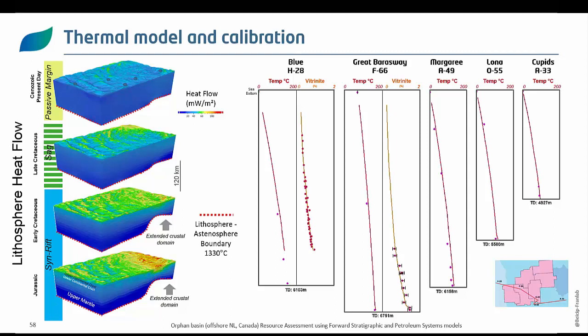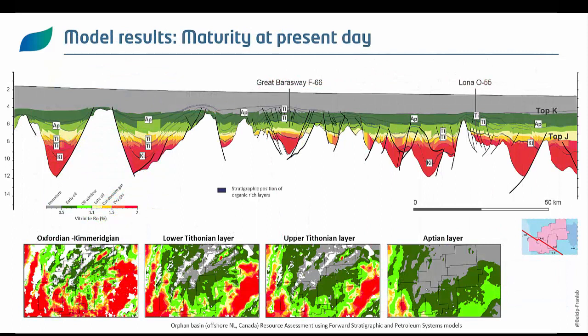So a thermal model is built. It's based on the lithosphere conditions associated with the rifting history of the basin through time and space. So the model is calibrated, you can see the curve over here, to available temperature and vitrinite data at wells. There's not much data, of course, it's often the case in exploration studies, but the calibration here was good, and basically the model calibrated on the first go.